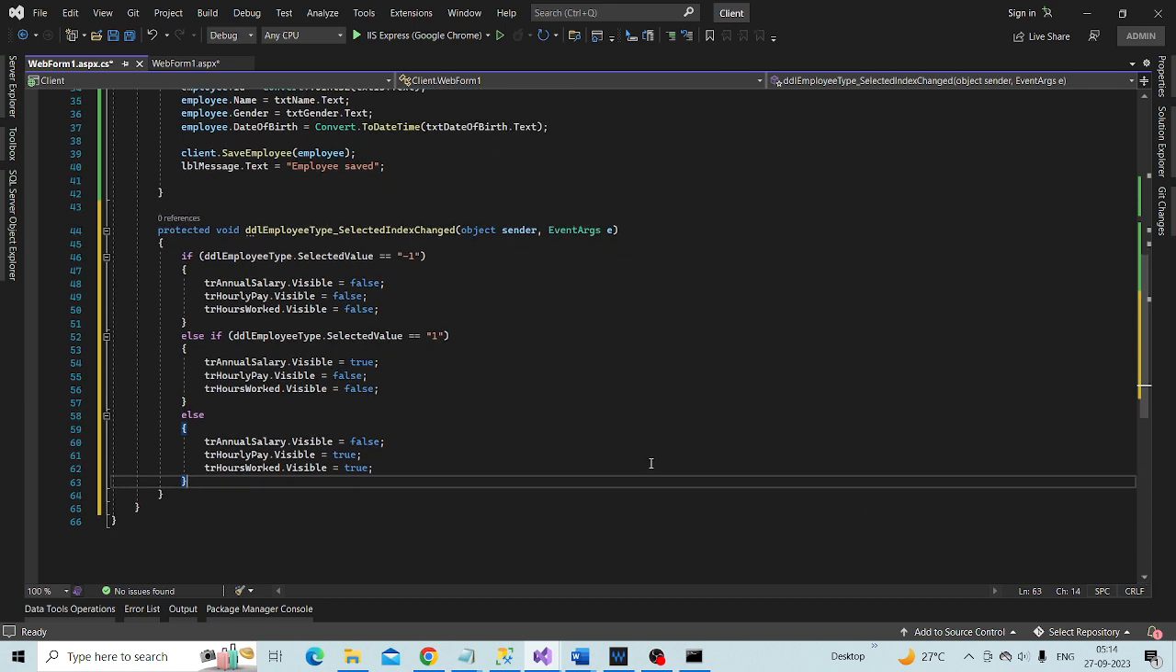In which case display these two, hourly pay and hours worked, and hide annual salary. If you look at this TR, all these TR are nothing but table rows. Within the HTML, what I have done is for those table rows,